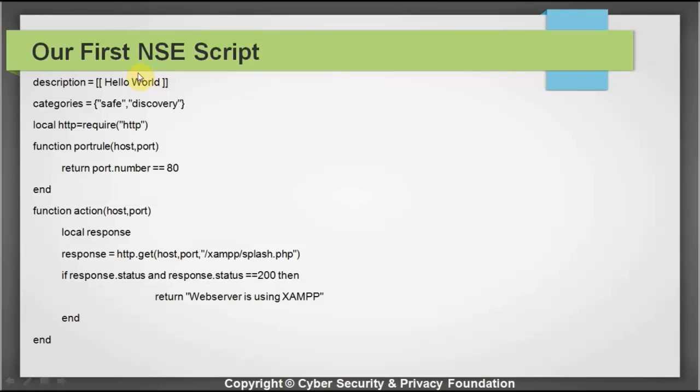So let's look at a real NSE script. This is what we'll be working with. You're giving a description, hello world, categories, and you're giving the requirement, which is HTTP. This is based on a port rule, and the port number is 80. What this is doing over here is getting the response for this page. So it's getting the host from the user, and it's setting the port, which is 80, and it's going to give